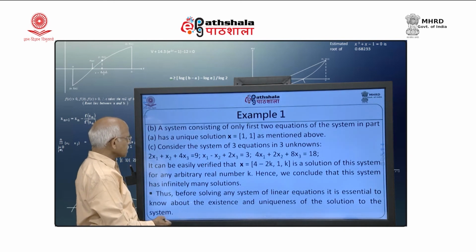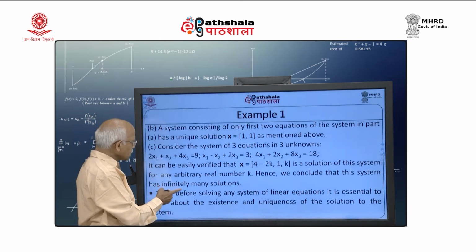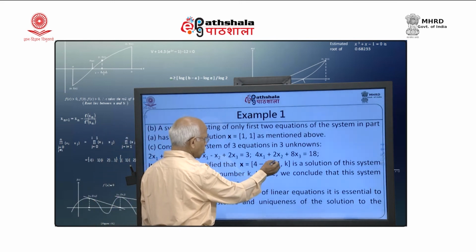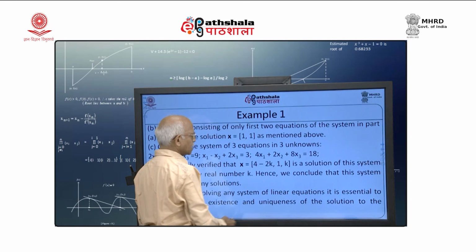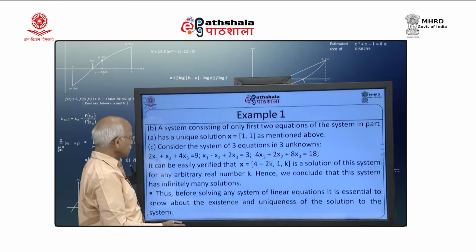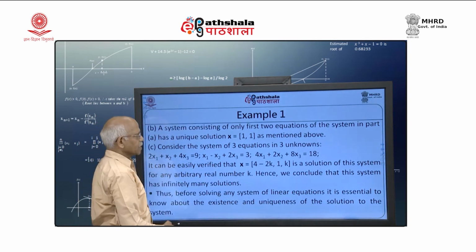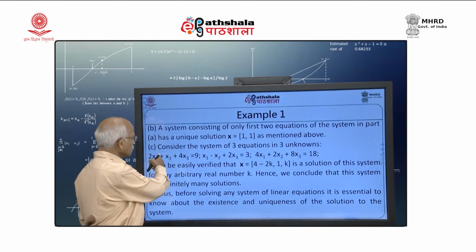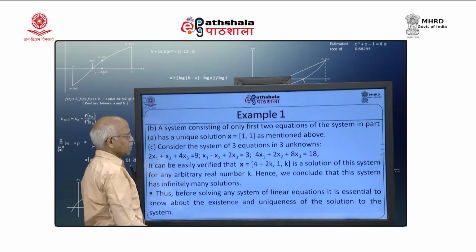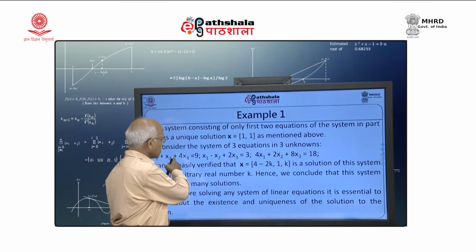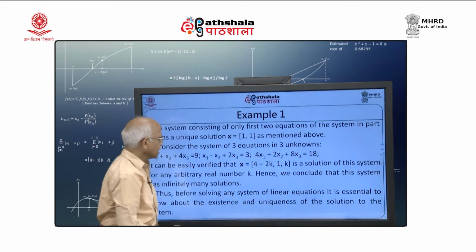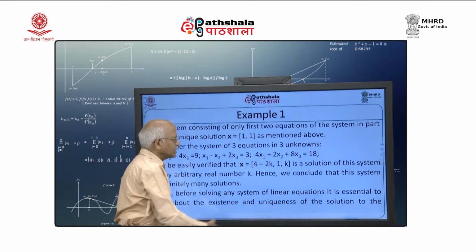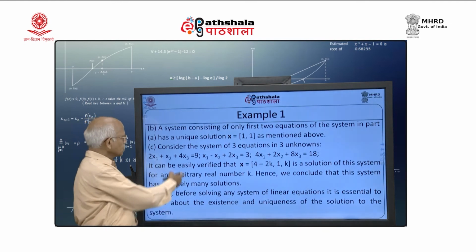So, if I consider this, it can be easily verified that if I take (4 minus 2k, 1, k), where k is any arbitrary real number, then this is going to work as a solution to the system. If you substitute these values here, I will be able to show that all these equations are satisfied. And now, because k is unknown, by changing values of k, I can generate infinitely many solutions to this particular